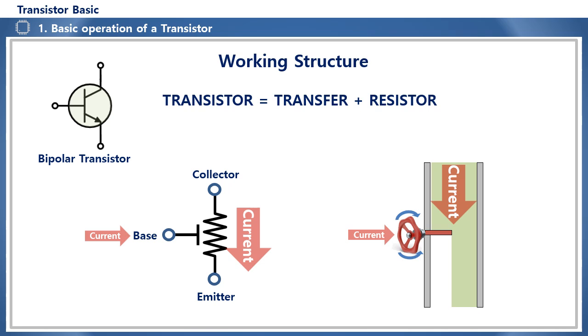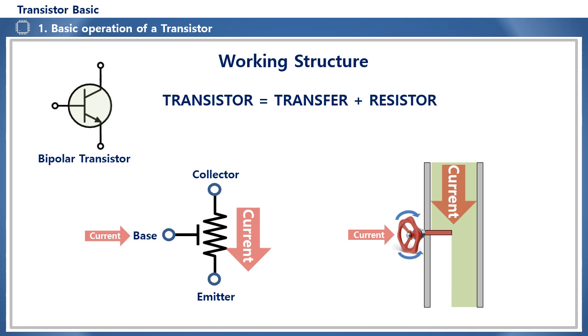When the base current is applied to an appropriate size and the valve is halfway open, turning the valve slightly to the left and right causes the large current in the channel to vary linearly, thus amplifying the current. This state is called active. The switching operation utilizes two states, cutoff and saturation, and the amplification operation operates in the active state.